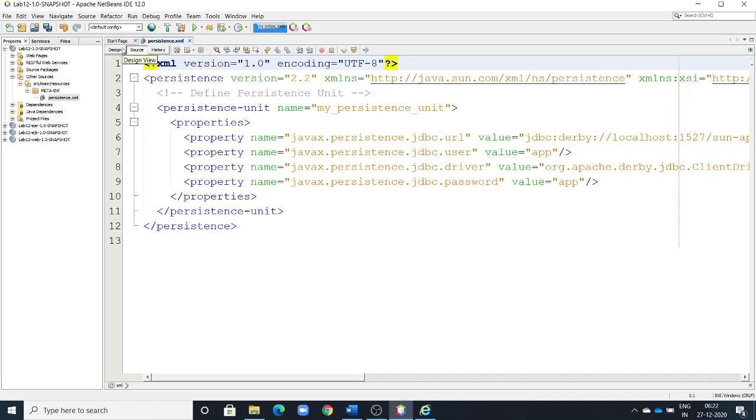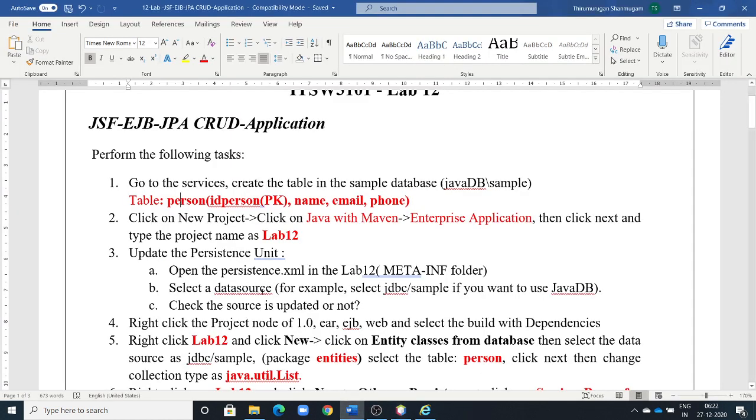It is updated. Now what is the next step? This is done. Open the persistence.xml. It is available in the META-INF folder. For the data source, if you are going to use Java database, you select this.